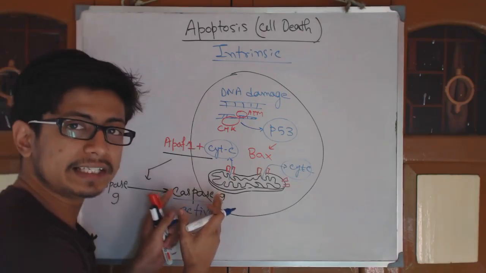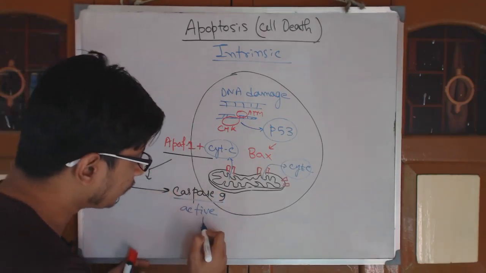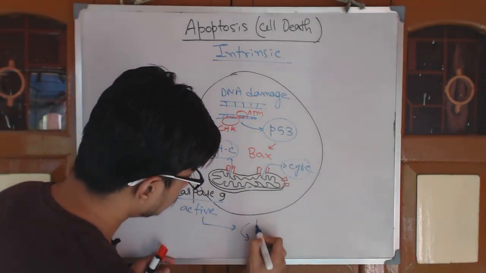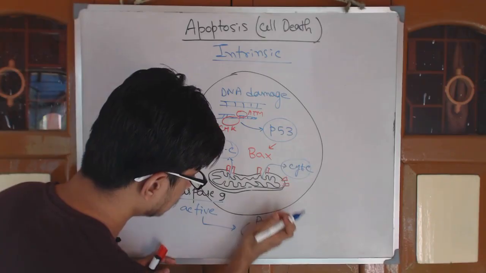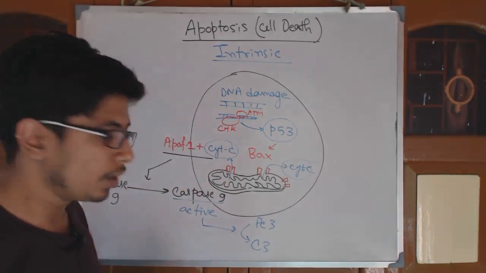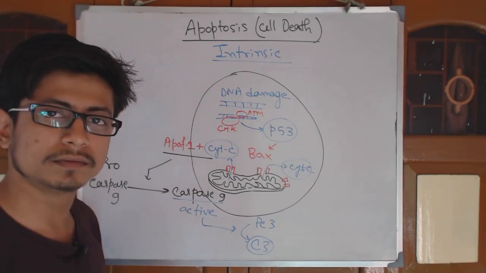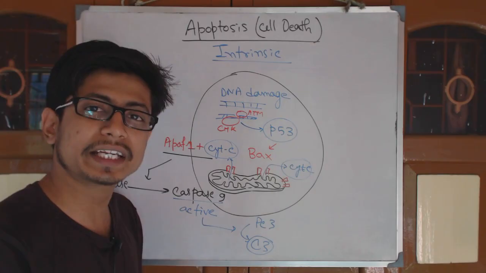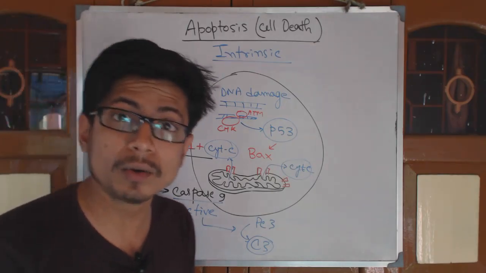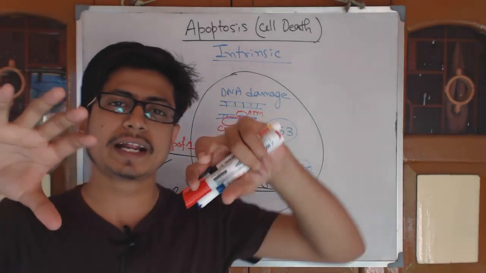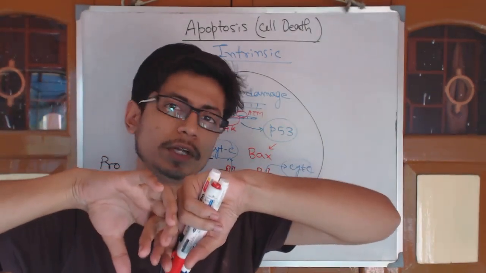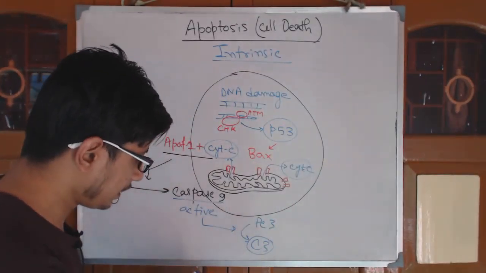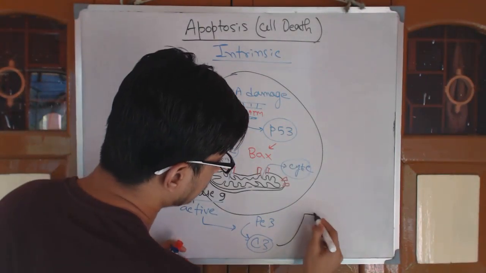Once caspase 9 is active, it will go and further activate procaspase 3 into caspase 3. So now procaspase 3 becomes caspase 3. Once caspase 3 is active, it is going to further activate nuclease enzymes. How? Normally nuclease enzymes are inhibited by another sort of molecule. Okay, nuclease is inhibited by that molecule, but what caspase 3 does is that caspase 3 will go, let's say